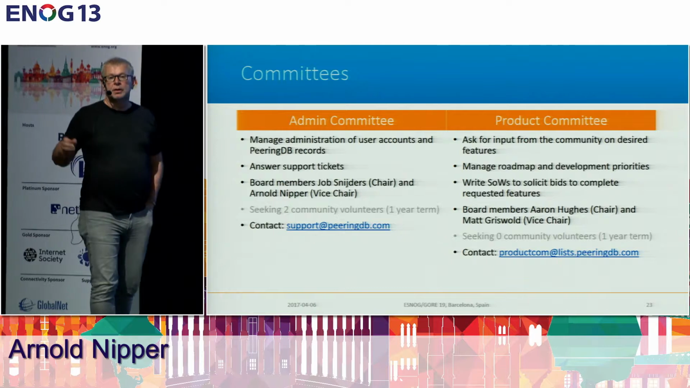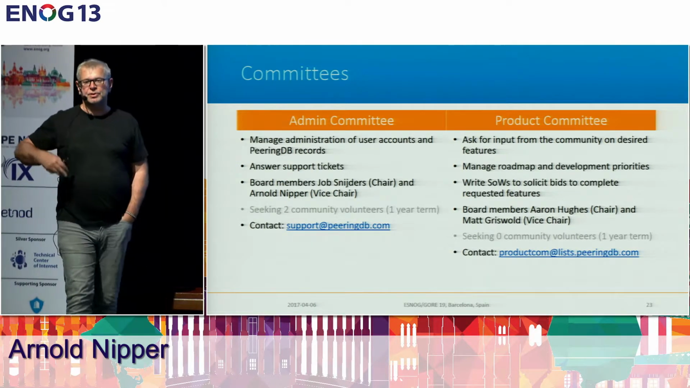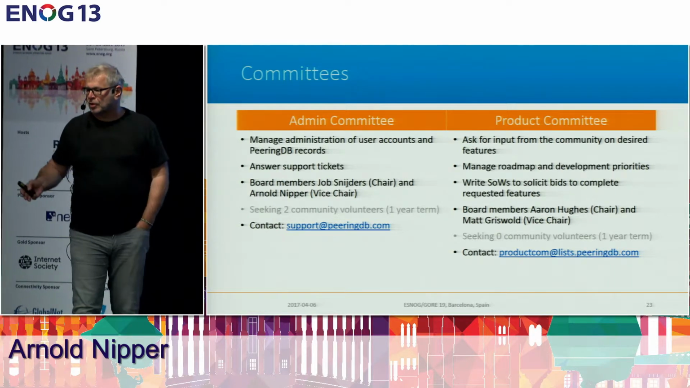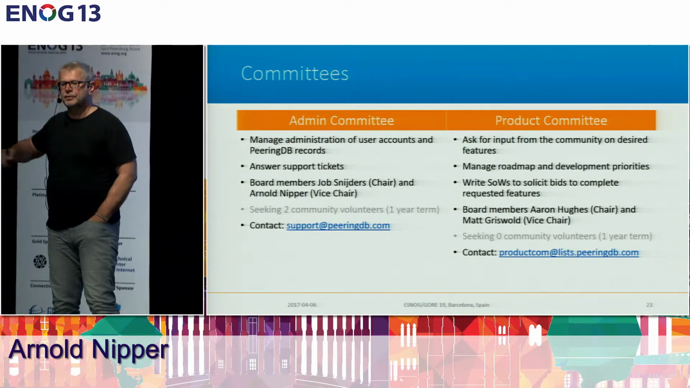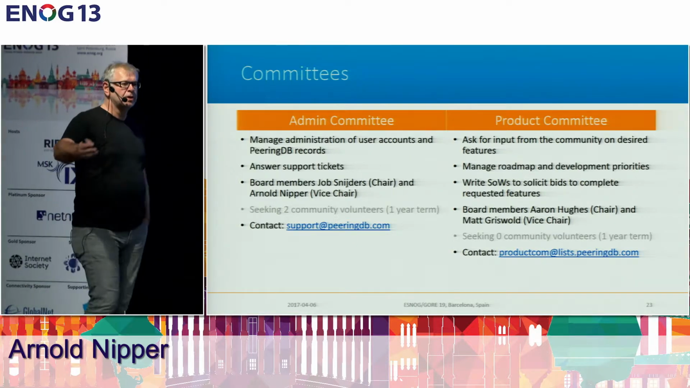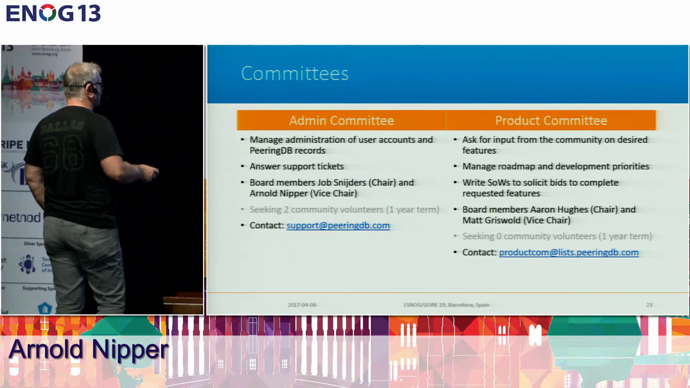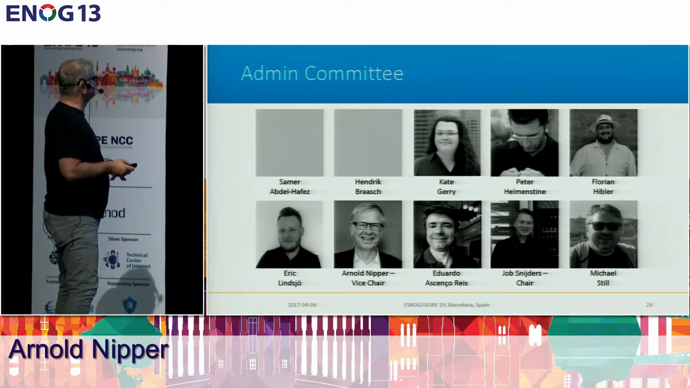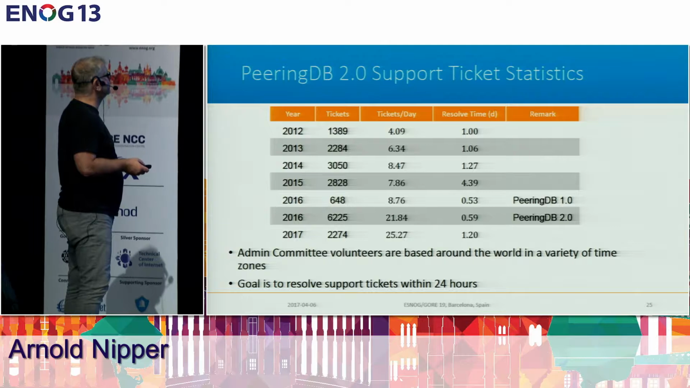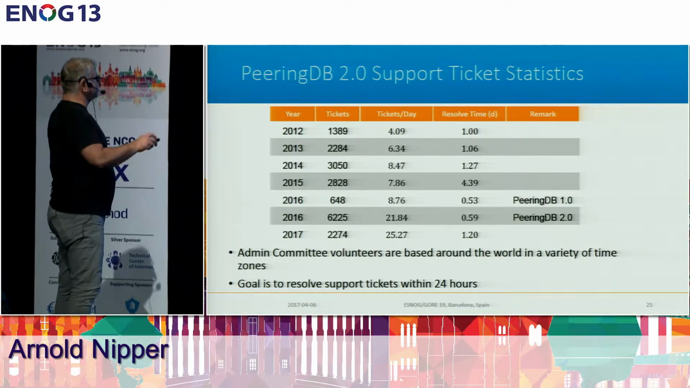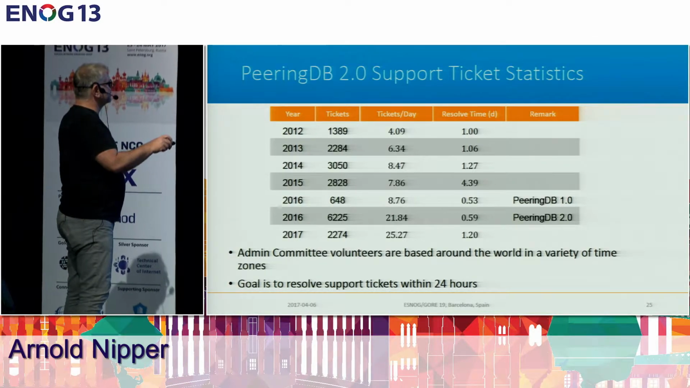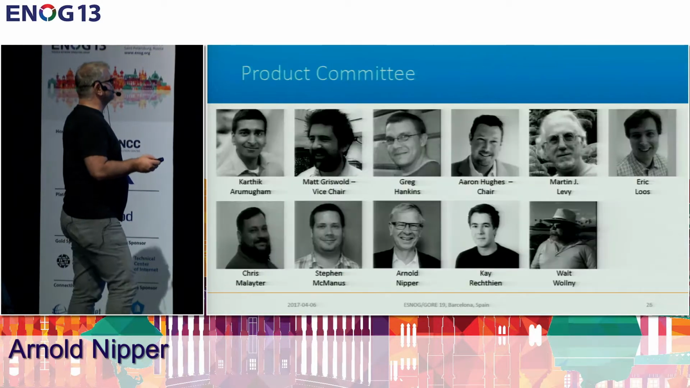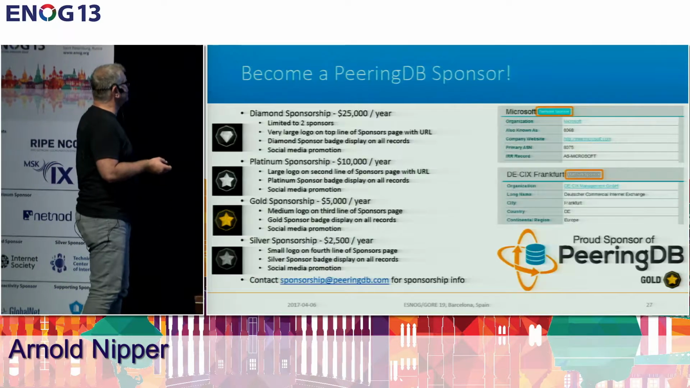We have 2 committees. This is the admin committee, which is more or less doing all the support stuff. And then we have the product committee, which drives the features, develops features and looks for features from the community. The admin committee, information about the tickets. What you can see is the steep increase of tickets per day since we have PeeringDB 2.0, the product committee,